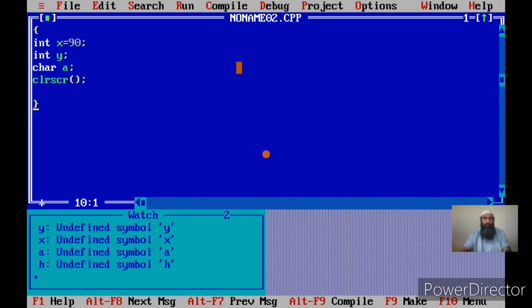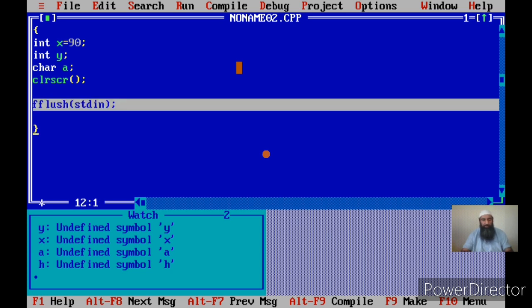But I give you one constraint: you should use fflush before these functions, whether scanf, printf, or getchar, putchar, or getche or getch. You have to use fflush. It will save your program from errors or wrong outputs and wrong inputs.